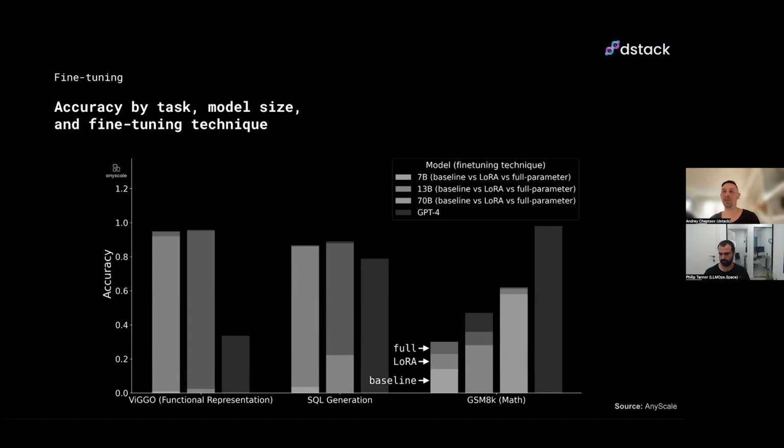The most important message here is that the LoRA technique is super effective, even if you are using a smaller model. If you are fine-tuning a smaller model using LoRA for a very specific task, it not just matches the performance of GPT-4, but it surpasses the quality of GPT-4 by a great margin.